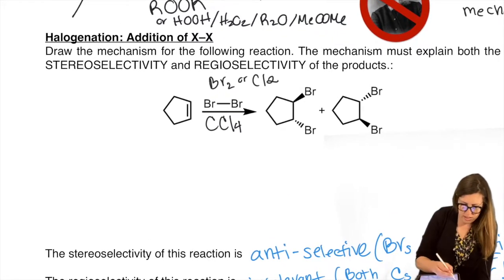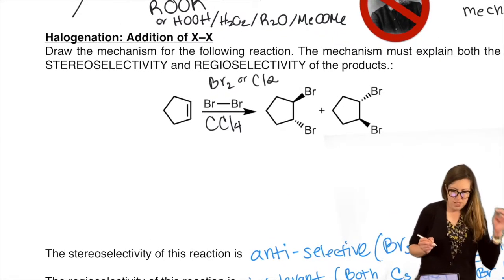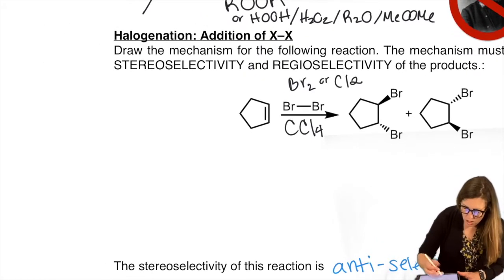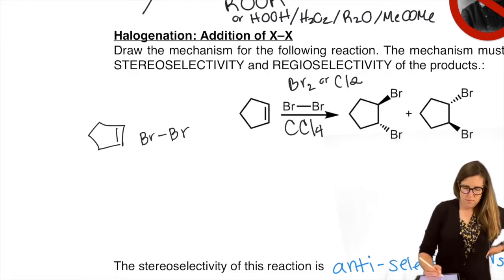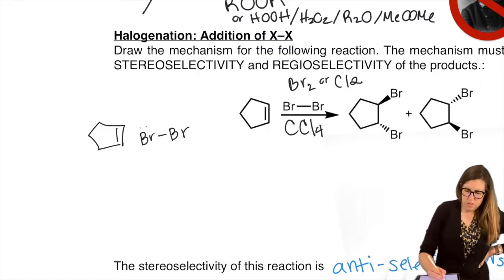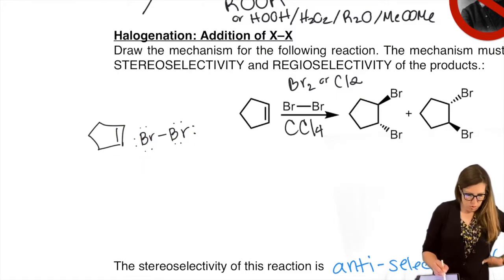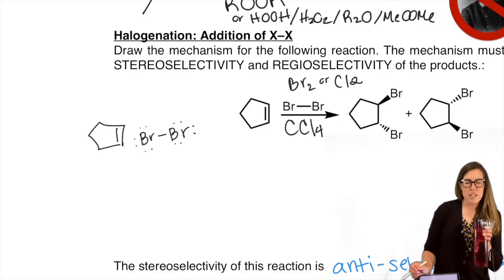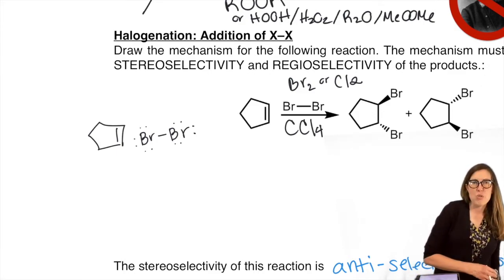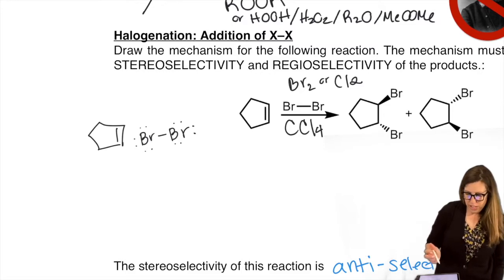All right, let's finally get to the punchline, which is that mechanism. What is happening here? Okay, so we have our alkene. Here comes bromine. Bromine's not your usual acid that the alkene would really want to grab, right? It's pretty nonpolar. So what's going on there? Why would the pi bond ever attack the bromine? Concept of the induced dipole. That's what's going on here.